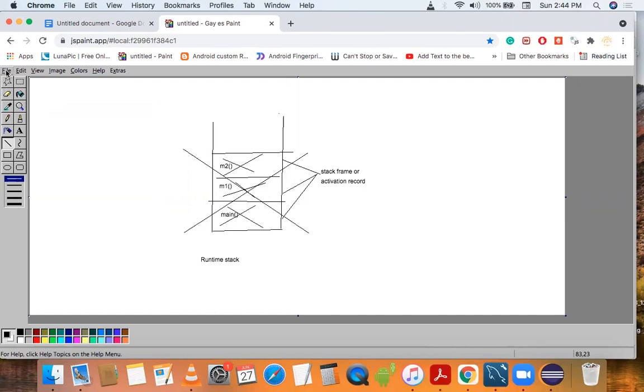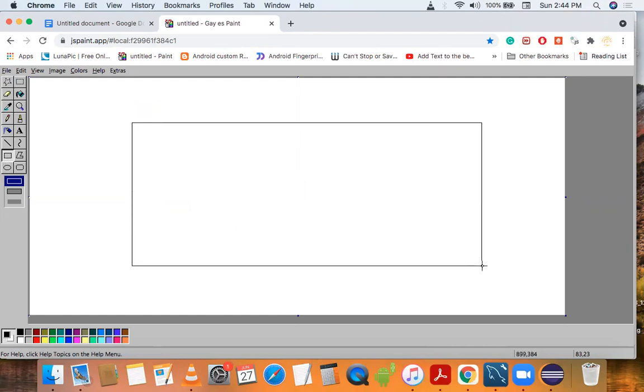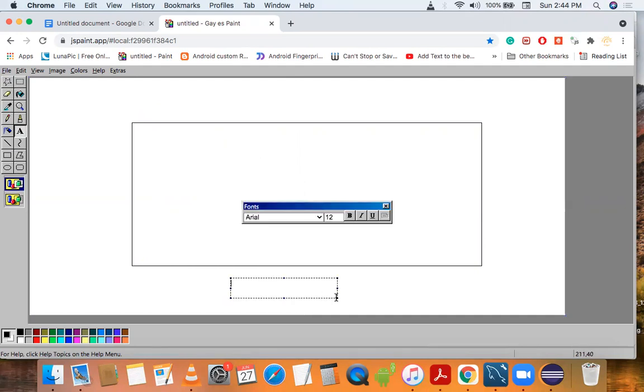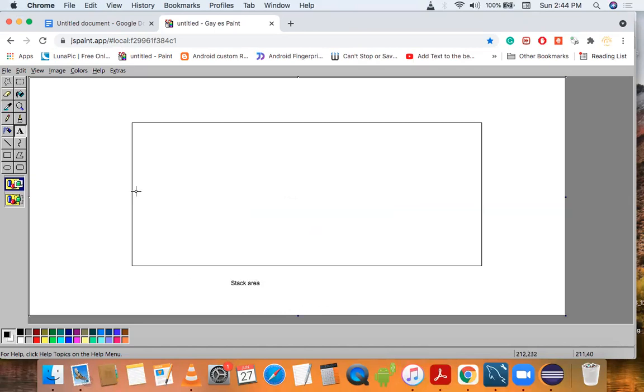So let's understand by a diagram. Suppose this is our stack area. Inside the stack area, suppose we created 3 threads. So the JVM will create 3 runtime stacks.